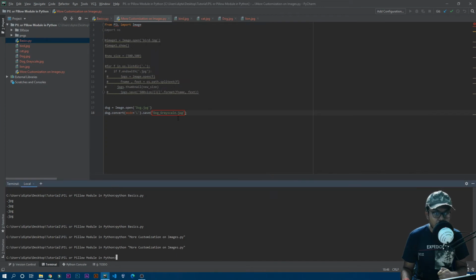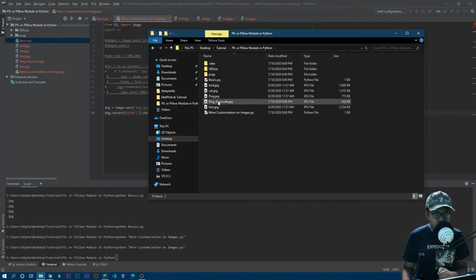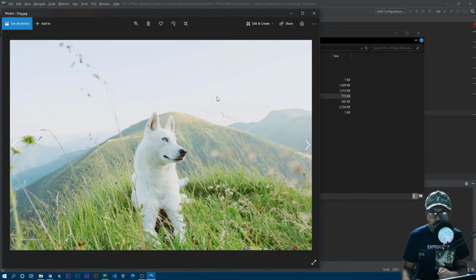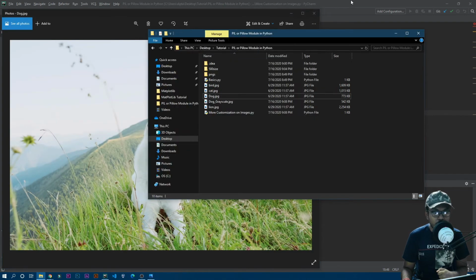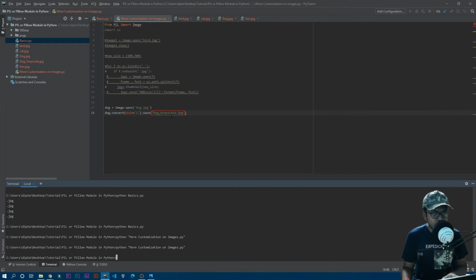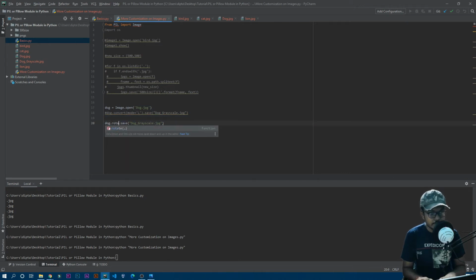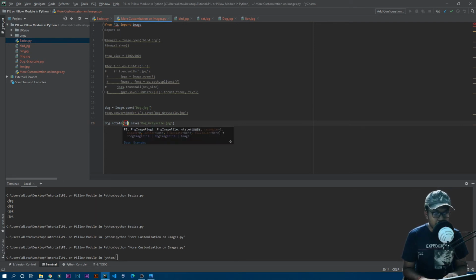So now let's see how to rotate the image. The dog image actually looks like this, right? And now assume we want to rotate this image. For that, instead of convert, you just need to write rotate. I'll quickly copy this and paste it over here, and now I just need to change convert to rotate. Inside the parenthesis you can write any degree up to 360, or maybe write some more degrees. I'll check that later. Okay, so 90 maybe is great.